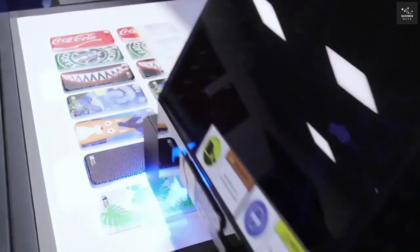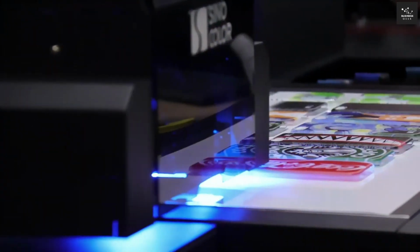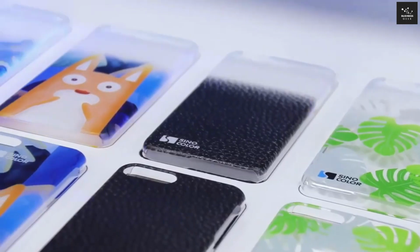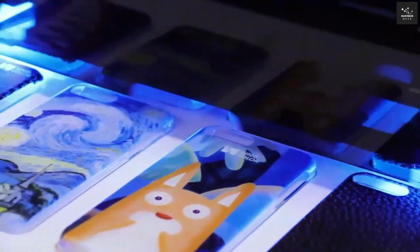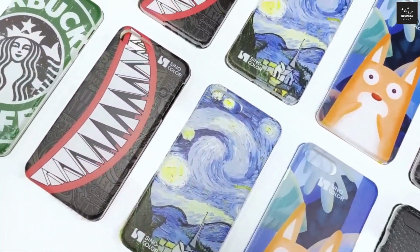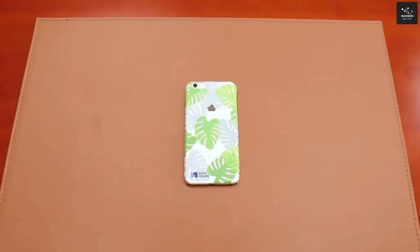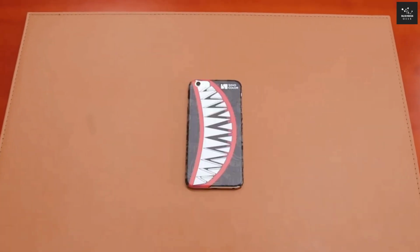Whether you run an online store or a local kiosk, this machine allows for on-demand printing, so there's no need to stock hundreds of designs. Startup costs are relatively low, and with the right marketing, each print can bring in a solid margin. This is an ideal investment for small creative businesses that want to build a unique product line with low overhead